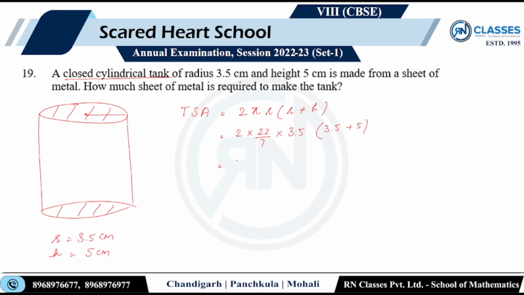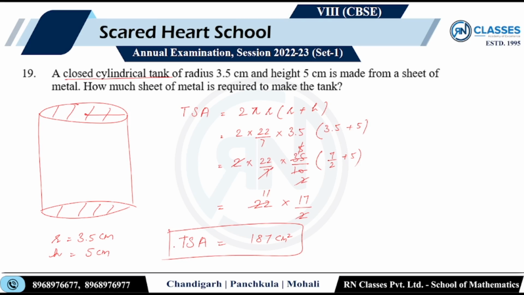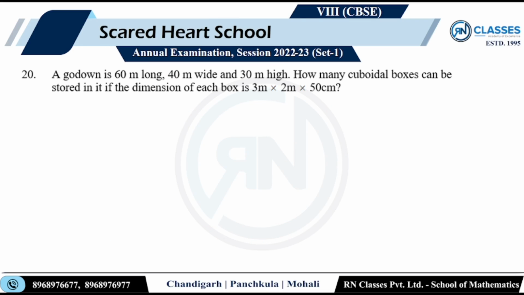Right? So अब इसको सिंपल करने के लिए मैं 3.5 को लिख लेता हूं 35 by 10. राइट? इसको लिख लेता हूं 7 by 2 plus 5. It becomes easier, right? 7 5 is 35, 5 2 times and 2 यहाँ पे देखो पहले ही कट गया, यहाँ पे 22 रह गया. This will become 10 and this will become 17 by 2. This goes to 11. 17 into 11 it is 187 centimeters square. So you have to understand कि calculation कैसे करनी है, राइट। अगर पॉइंट्स में रहने देते मल्टीप्लिकेशन बड़ी हो जाती एंड इट माइट कमिट एन एरर, राइट।